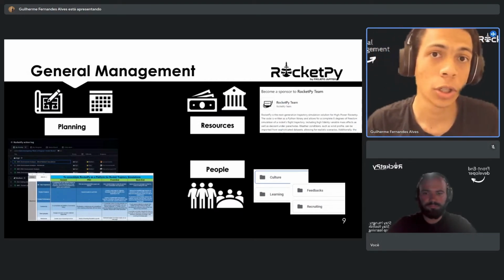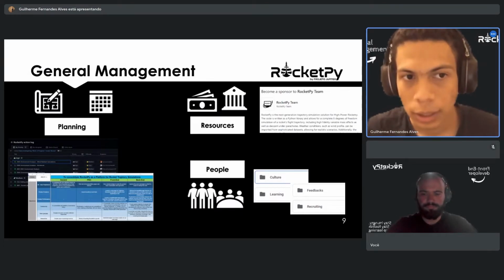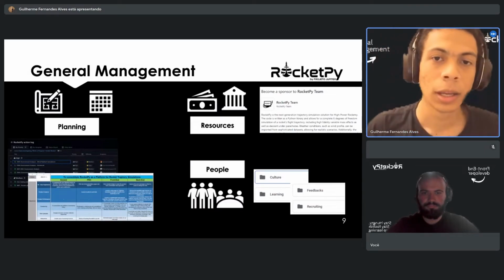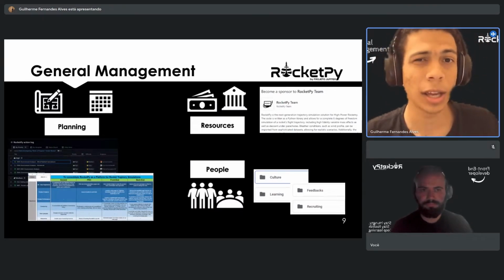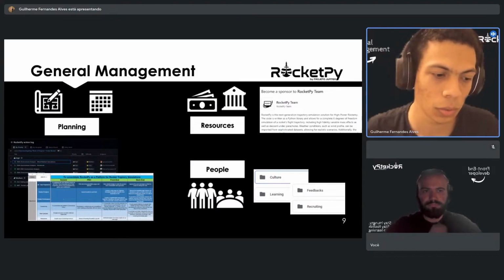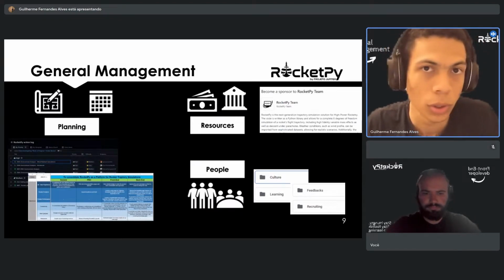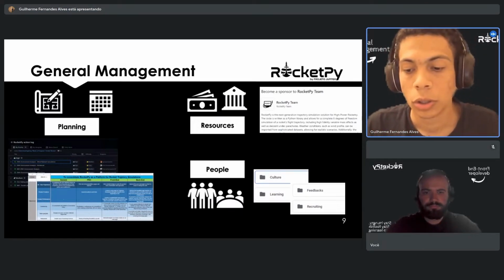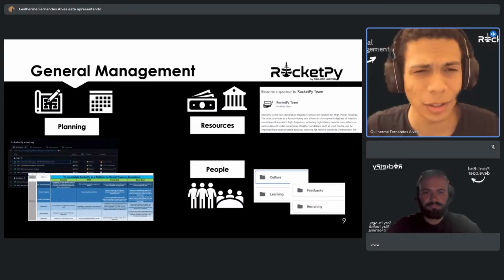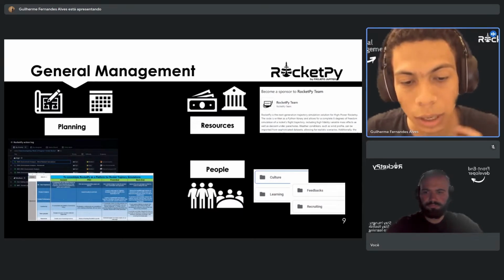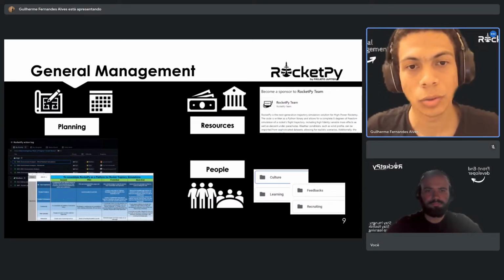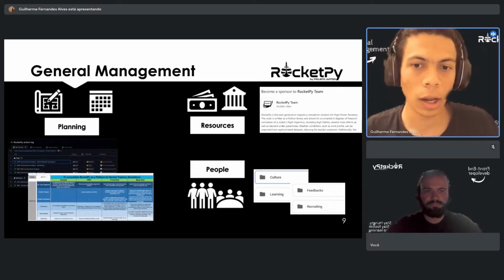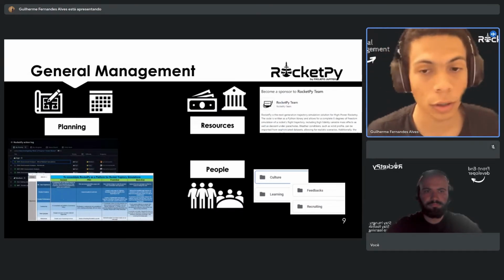We are always searching for opportunities like that here in the general management team. Last but not least, we have the people department that will take care of learning sessions or feedback sessions, where they are basically opportunities for us to learn from each other. You might notice that we have this strong feeling that we must always be eager to learn something new, and that describes a lot of the profile of RocketPy developers.